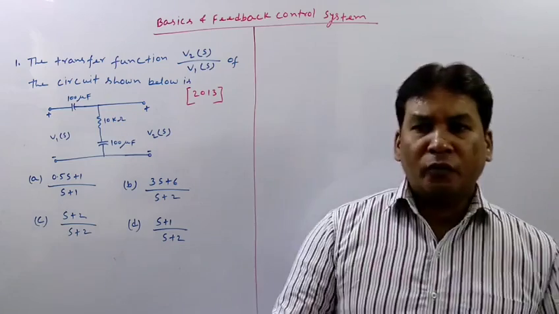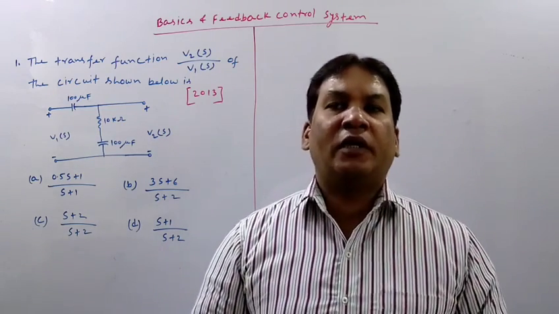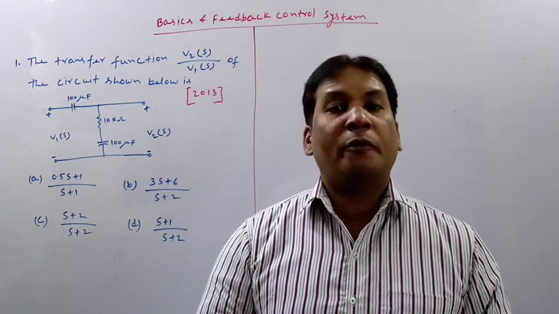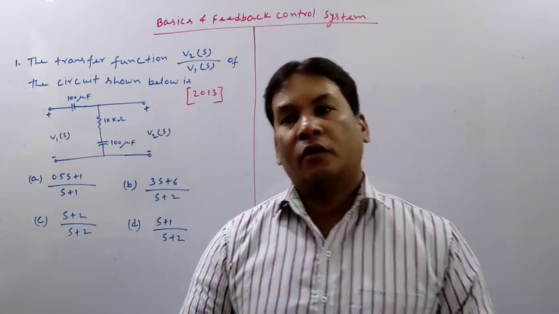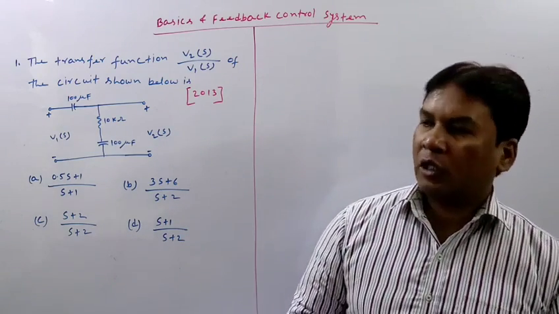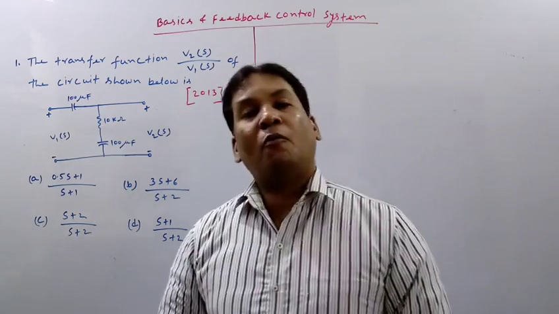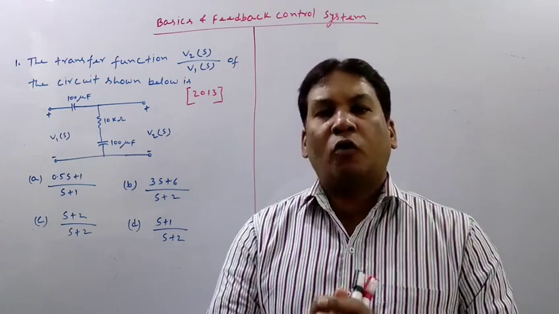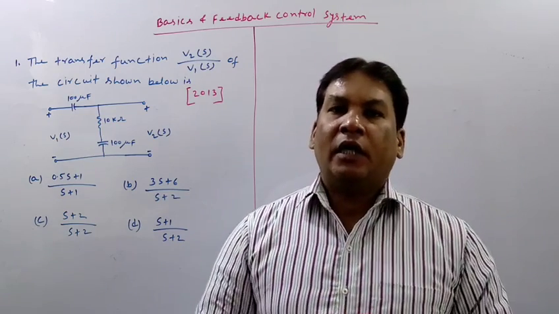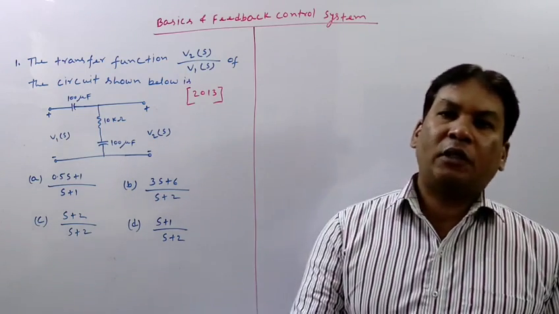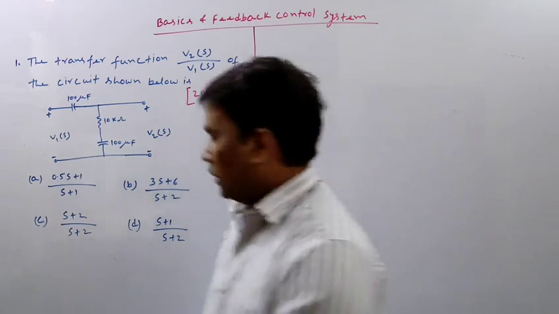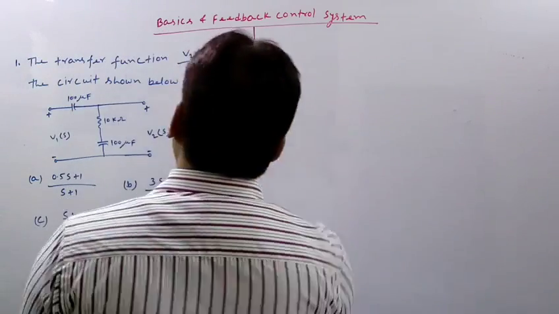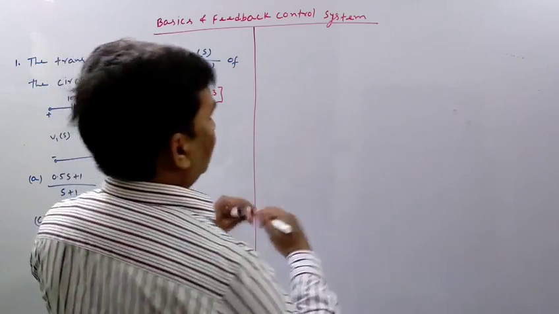Similarly, we can categorize the system whether it is digitally controlled or whether it is an analog system. So according to that we can also categorize. But one of the most important categorizations is whether it is an open loop or closed loop system. So let me explain what is an open loop system and what is a closed loop system. Before going to the problem, let me explain what is an open loop system.